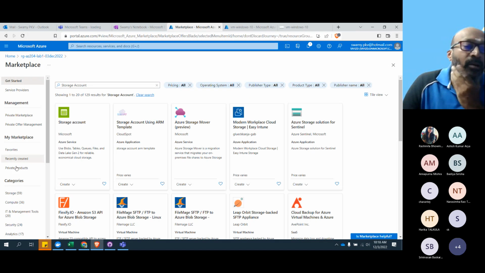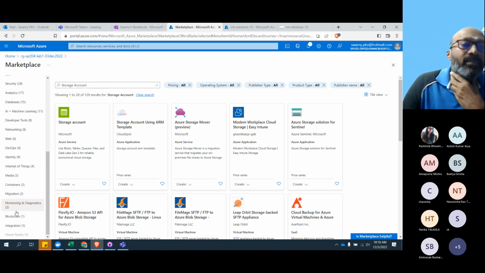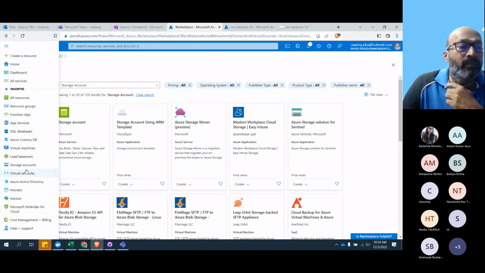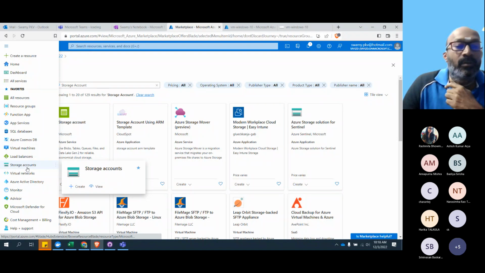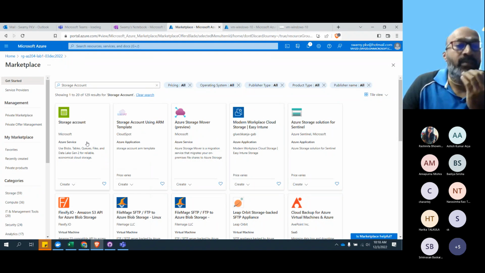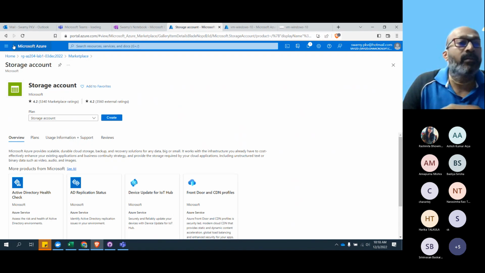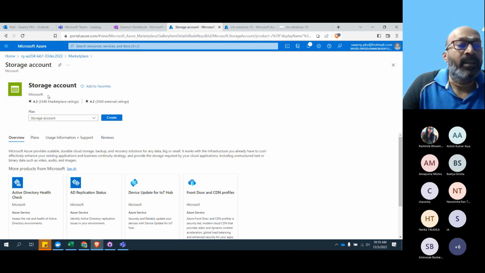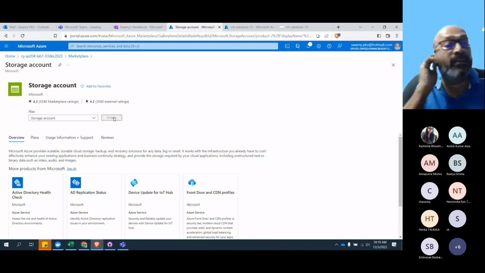You'll get it here, or you can search from the categories, or from here, the storage accounts. There are different mechanisms; I just wanted to show you. You can search in the hamburger menu, or create a resource, multiple ways to do it. So we are taking the storage account and clicking on create.